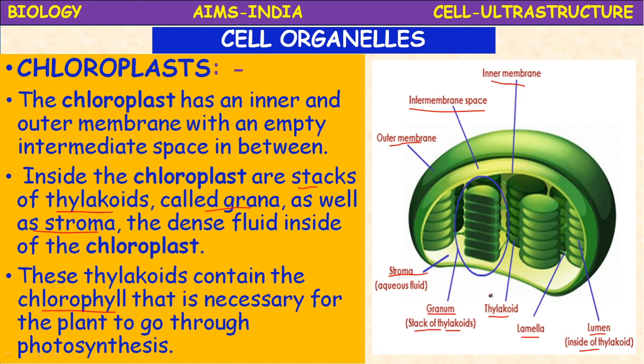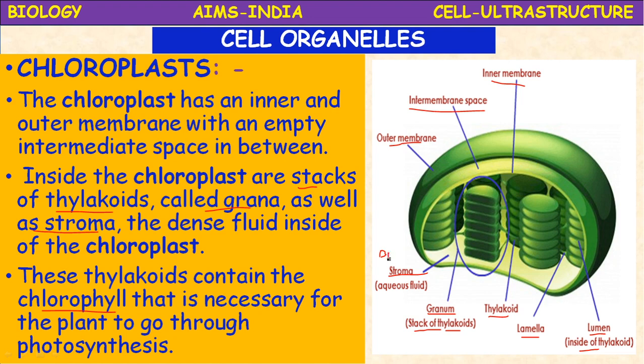Three types of plastids are present: chloroplast, leucoplast and chromoplast. They are the largest cell organelles in plant cells, and they are involved in the formation and storage of soluble organic compounds. Chloroplasts are the greenish plastids which possess the photosynthetic pigment. What is that pigment? Chlorophyll. Grana consist of the membranous lamellar system, the grana thylakoids, and the stroma contains the proteinaceous complex having proteins. This stroma region contains proteins, and even DNA is also present.